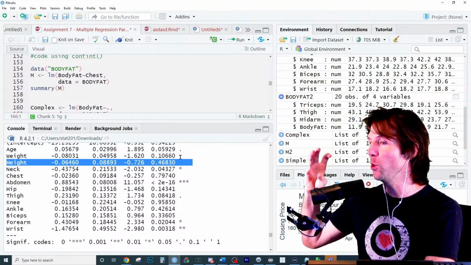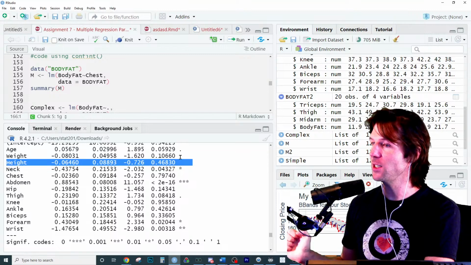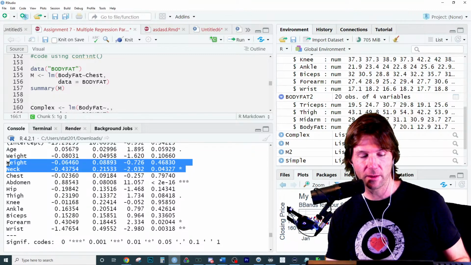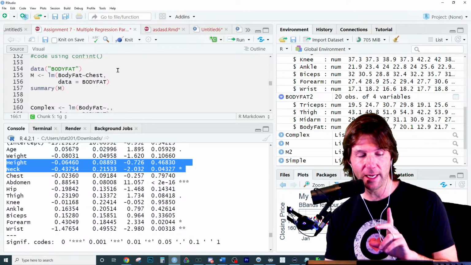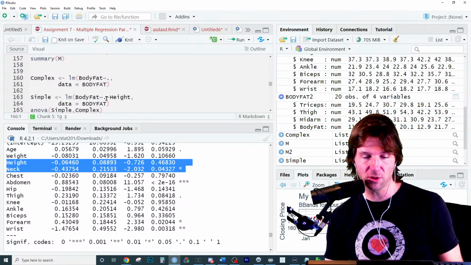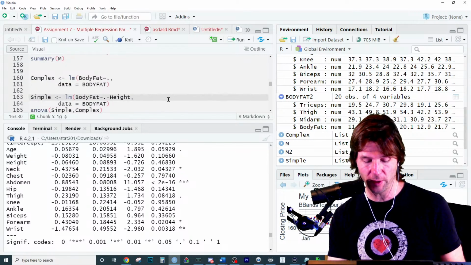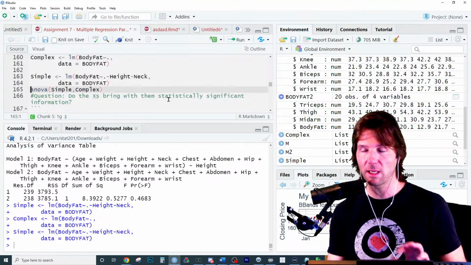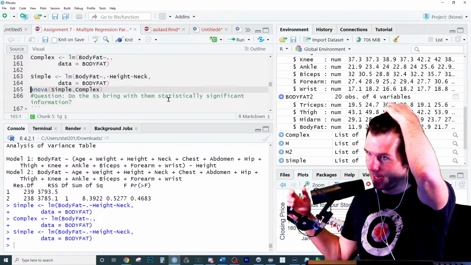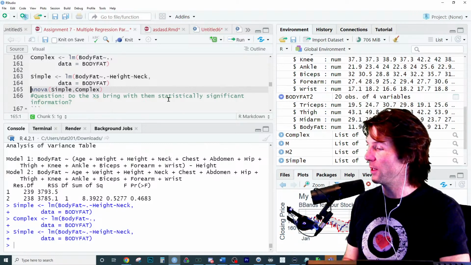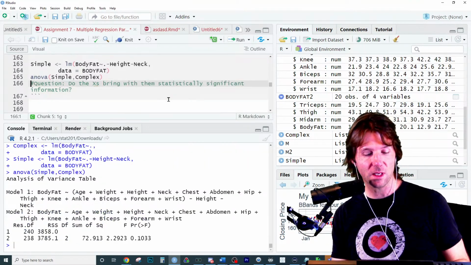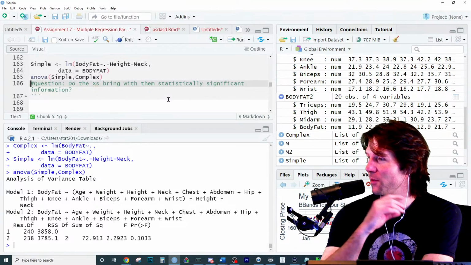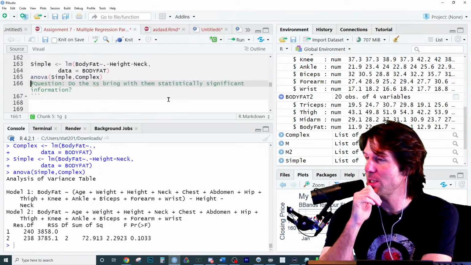But if you remove two things, that's where we do not know the combined power of removing two things. Like if someone says, could we remove height and neck? Well, then we have to create a simple model where we remove both those. Now, neck is statistically significant, but this is asking, does a model with height and neck in it explain more variation? Great job, Abby, right there. And the answer is no. You would actually be justified for going to a simpler model without height and neck.